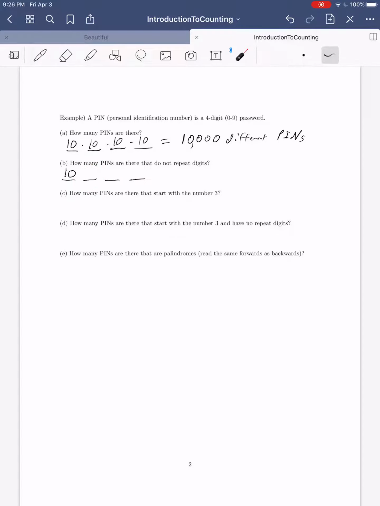Well, for the second one, we're not allowed to repeat digits. So whatever we put here can't be used here. That means we're going to be down to 9 choices. When we go to do this one, we can't choose whatever we put here or here, because then we would have a repeat. So we only have 8 choices. When we get to the last one, we can't use whatever we put here, here, or here. So there's only going to be 7 choices here. We multiply all those together and we get 5,040